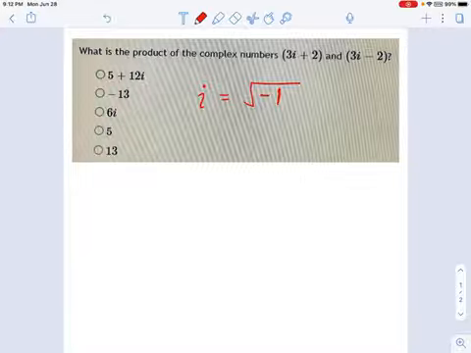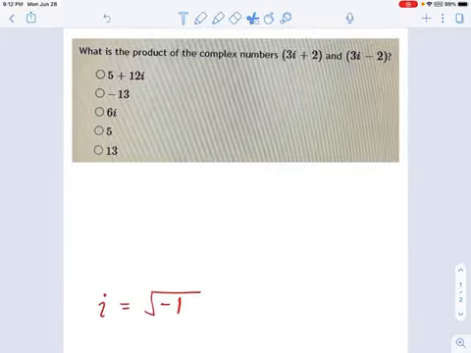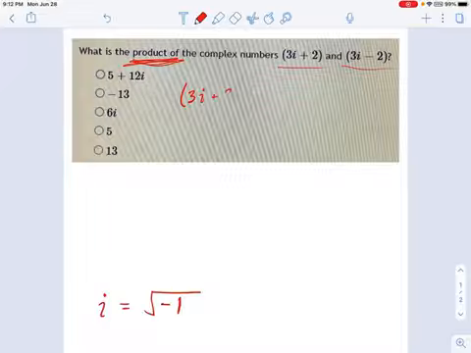And in real numbers, there is no square root of -1. It doesn't exist in the real world, which is why we call it an imaginary number. So just take that little idea, and we're going to set this guy over here. Now, I want to know what's the product. You guys remember what a product is? What's the product of these two terms right here? Well, what product means is multiply something together. So (3i + 2) times (3i - 2).